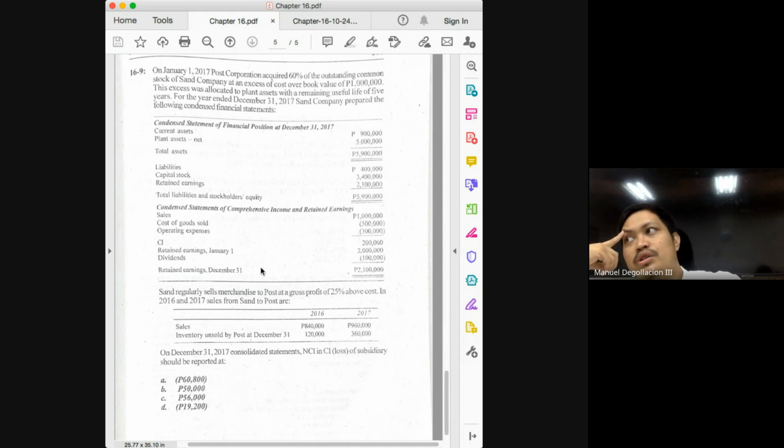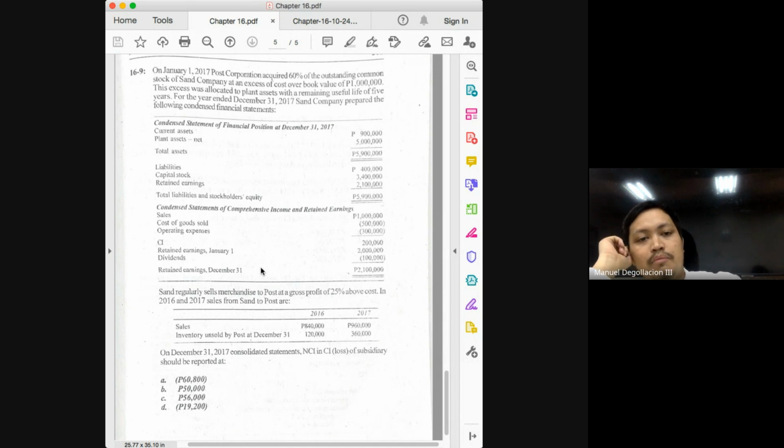So if in the eyes of the consolidated entity, the expenses of the subsidiary is understated, that would mean in the eyes of the consolidated entity, the net income of the subsidiary is overstated. And to correct that overstatement, our adjustment would be a deduction. We have already determined the amortization of the excess. We have already determined the adjustment of 200,000. What we're trying to explain is whether these 200,000 will be added or deducted. In this case, it would be deducted. In most problems, class, it would be deducted.